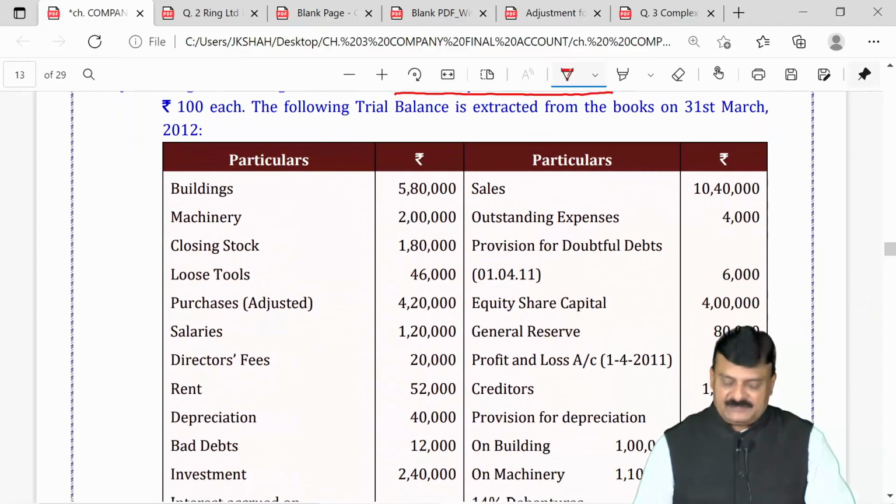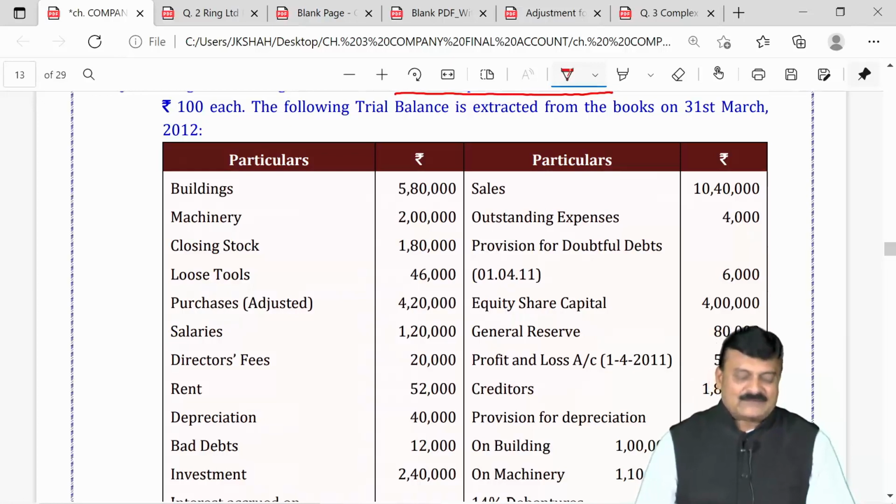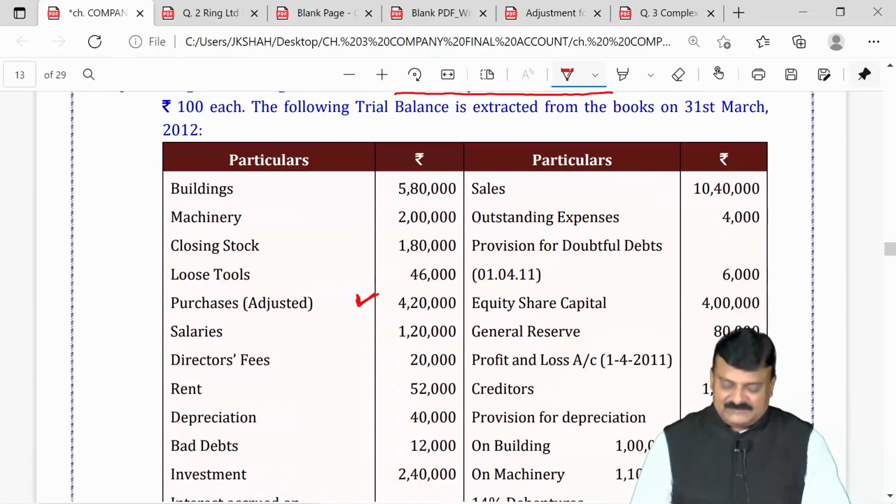Building, machinery, closing stock. Now closing stock is given in the trial balance. That means the purchase given in the question must be adjusted purchases. Loose tools, look at that. Adjusted purchases, right? What do you mean by adjusted purchases? Purchases coming after adjusting opening stock and closing stock. So this is an important point of this sum. 4,20,000. Okay. Next, salaries, directors' fees, rent, depreciation, bad debts, investments,